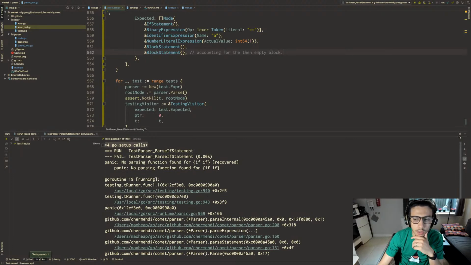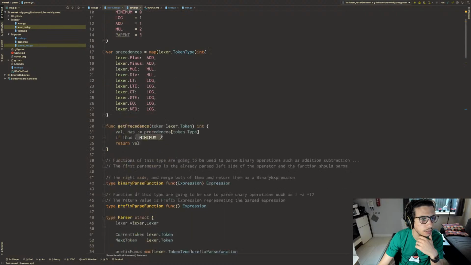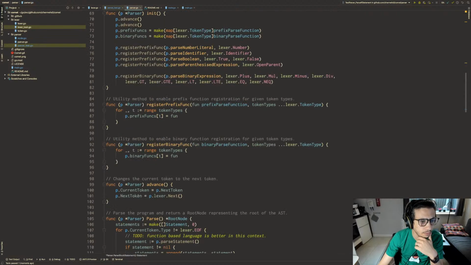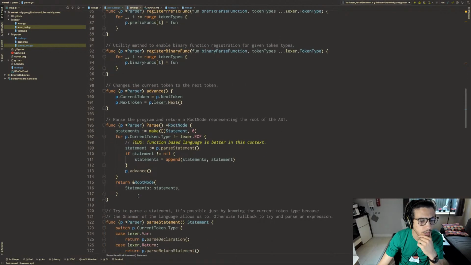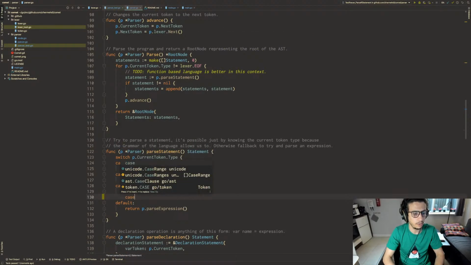So we don't know how to parse ifs, and this is the thing that needs to be implemented, is to actually know how to parse ifs. So since if is a statement, we'll do the same here by saying, hey, if you have a case,